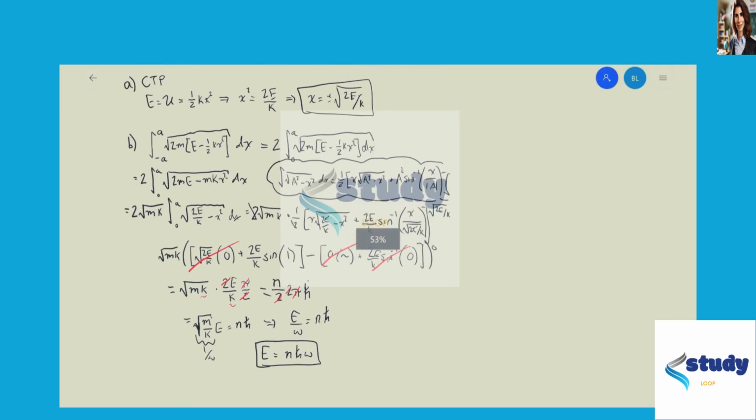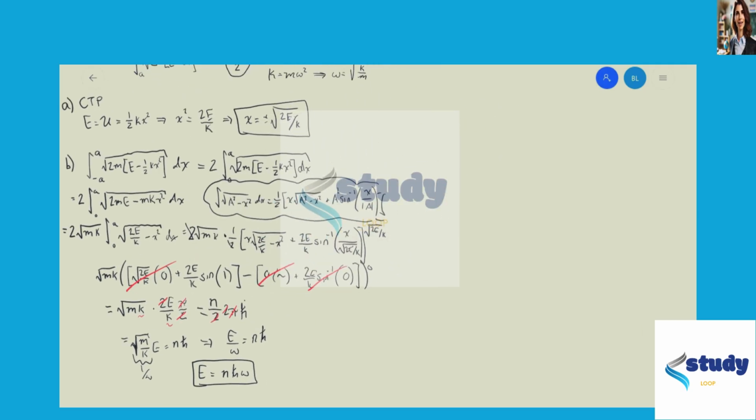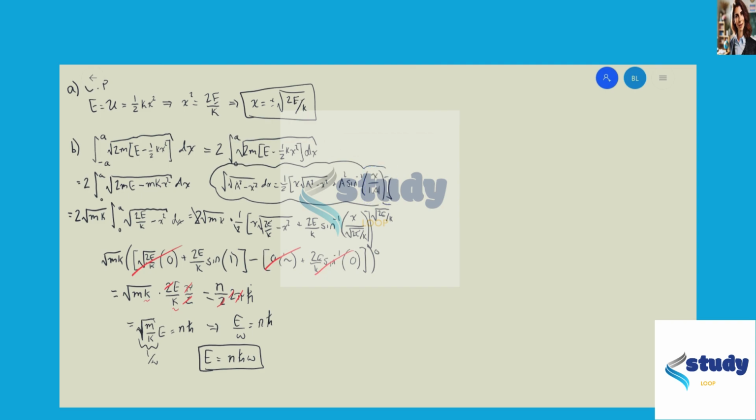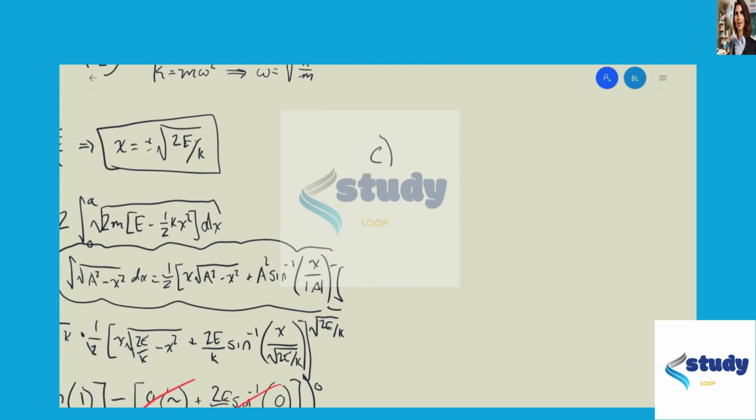Now, part C is having us look at our equation we obtained and compare it to the equation from the textbook for the actual energies of the harmonic oscillator, which is n plus 1/2 h bar omega. And it's saying, is our equation we obtained giving us an overestimate or an underestimate? And if you plug in any value of n, the easiest one is 0, we will see that our equation tells us that,